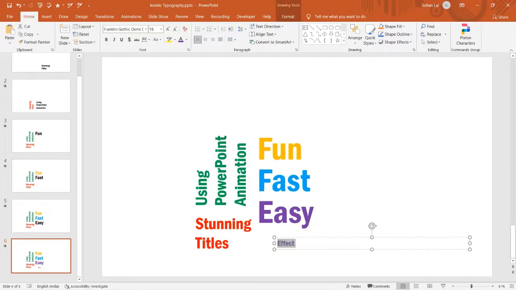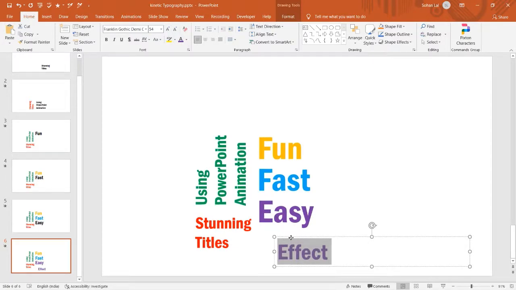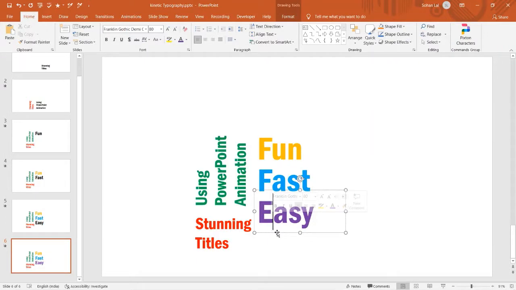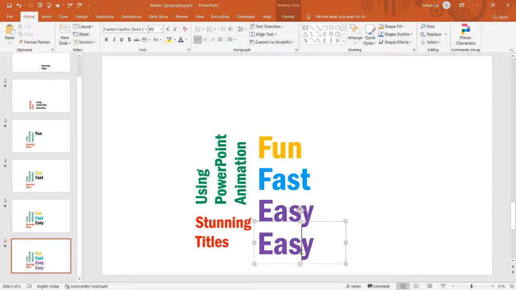Change this size. Now change the color into black